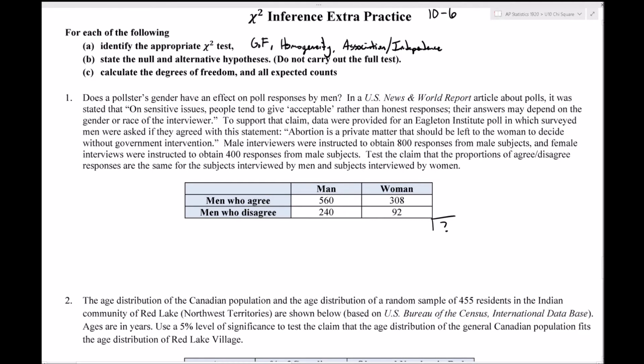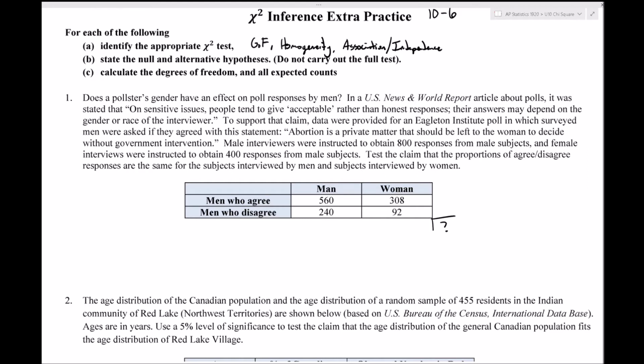mistaken. That's why you want to read the actual problem itself, because it could be, does the distribution for men fit the distribution for women? It could still be goodness of fit. If we're not actually given sample data for both, and only one of them is a model distribution, then that's going to be goodness of fit. So if it's a single sample, there's a model distribution that's already posited as a status quo. There's some distribution out there that we're trying to check to see if this particular single population matches. So does it have the same distribution as this